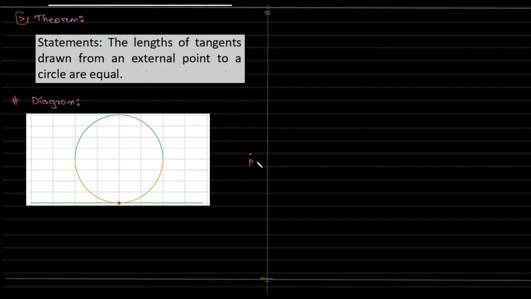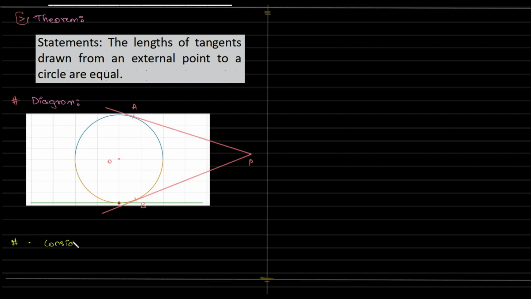So we have a point P. From that, I will draw tangents. Maximum I can draw 2 tangents to a circle. So now I would like you guys to pause and think about what exactly we have to prove. Right? So I'll give you some more time. During that time, I'll